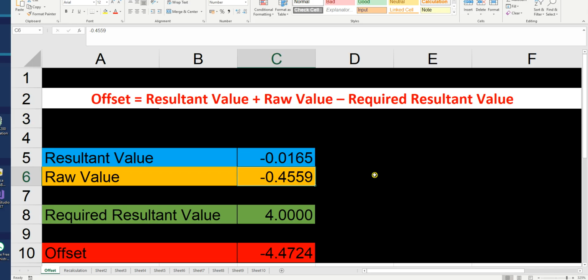So now I've taken you forward to a simple Excel sheet in which the offset formula can be seen. So here the offset is the resultant value plus the raw value subtracting the required resultant value. So I've just obtained the current resultant value, and you can see that in blue. The raw value, which we'd set as the null reference earlier, you can see that value. And in this case, I have an inherent value which I'd like to introduce to my tilt node of 4. Therefore, the offset I need to apply is calculated in the red text, which I'm going to apply back into